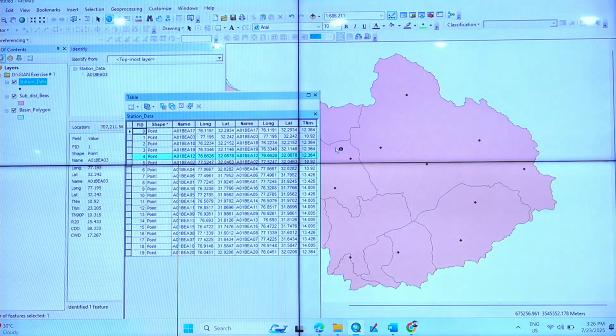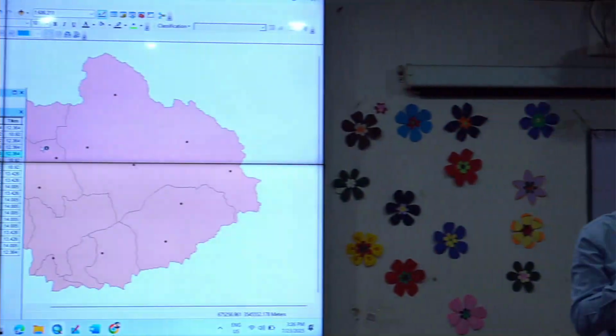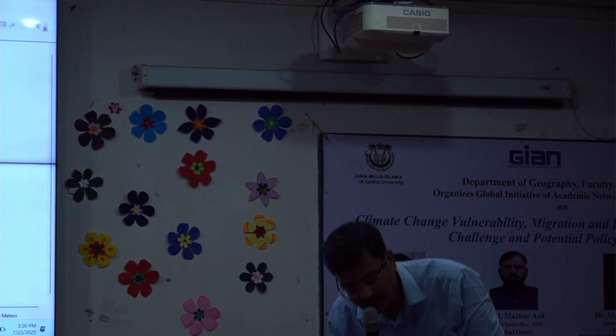So this is the linking. That is the most important aspect here: linking spatial and non-spatial data. Once you have linked it, if you close it, it will go away. All exercises will be gone. So you need to save it as a separate file so that it can be permanently saved. So one more step, very simple.